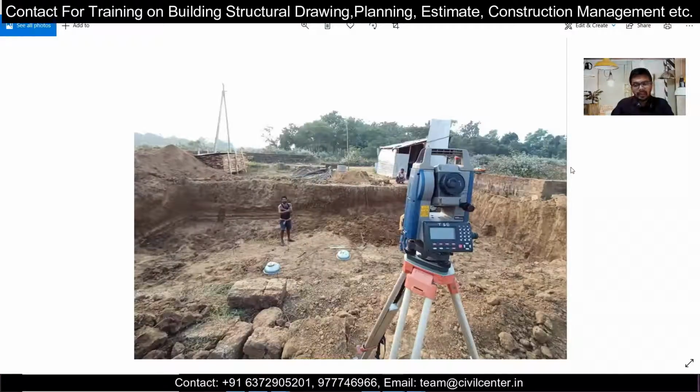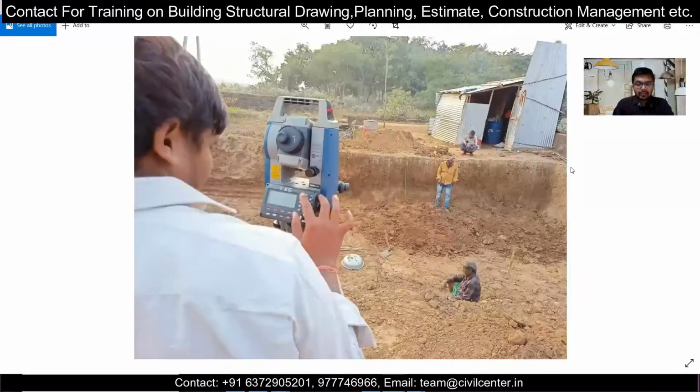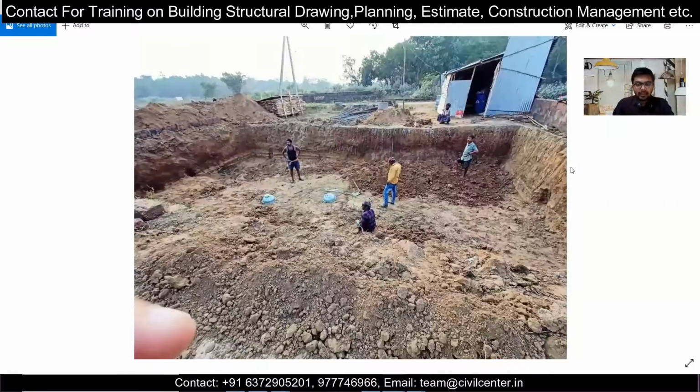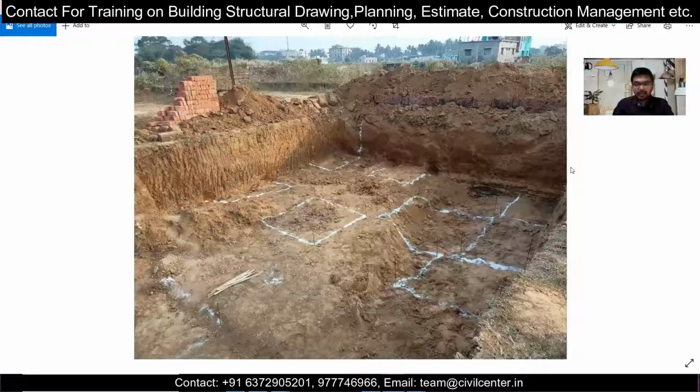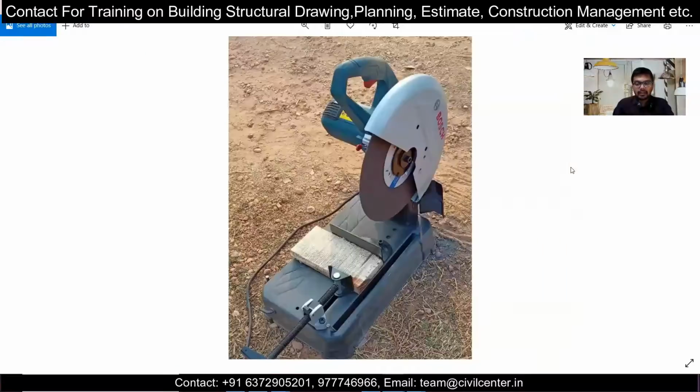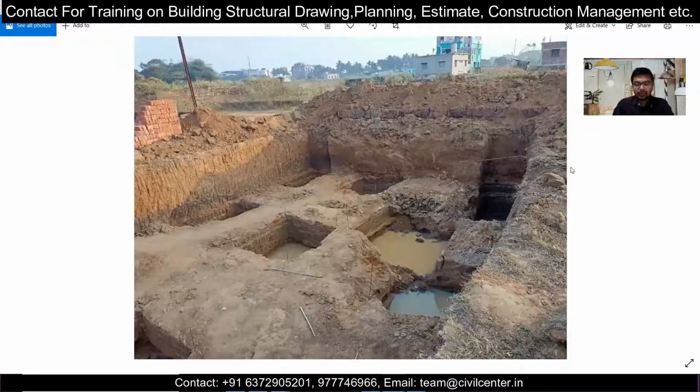First of all, the planning is done, the architectural plan is made, the structural drawing is done, and after that, the marking of the footing is done. The marking we can do manually or using a total station, as you can see in this picture. Marking is being done, and once the footings are marked, as in this case, then the excavation will start. And parallel to the excavation, the rebar binding was also underway.